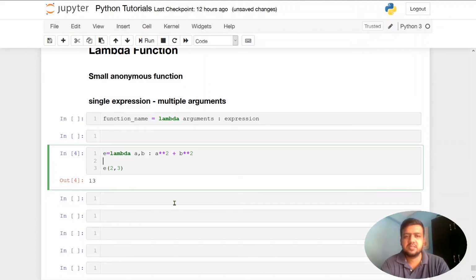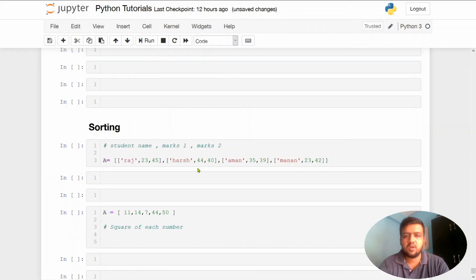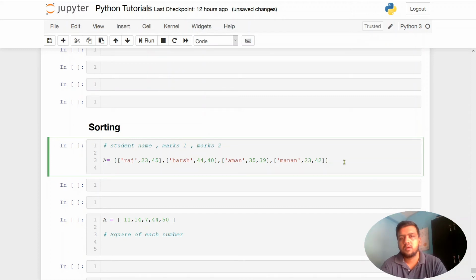But there are a variety of ways where lambda functions are widely used. We will see a first example of sorting. In sorting, you often have to use different parts of the element as key. At that point, using lambda is very important to reduce the code and keep it simple. Let's say I have this list of values with me, with records as elements. I have 4 records of students.